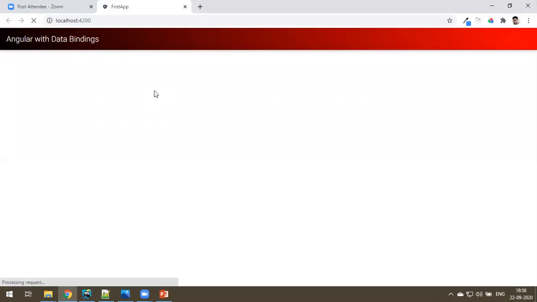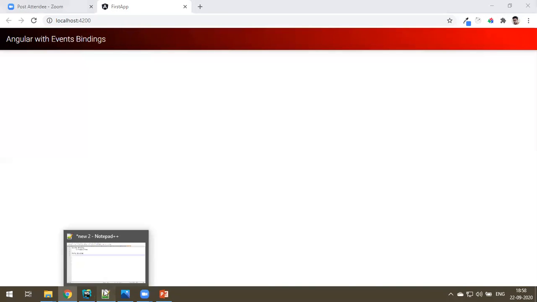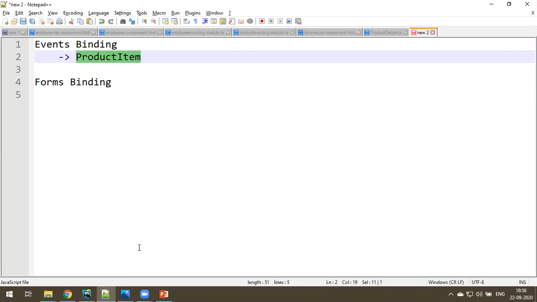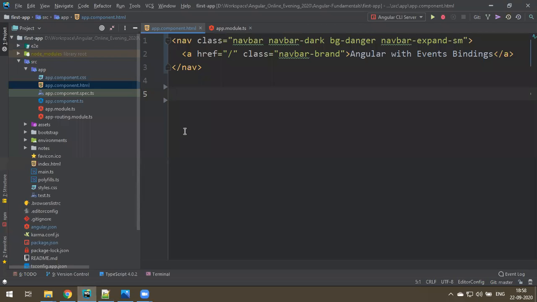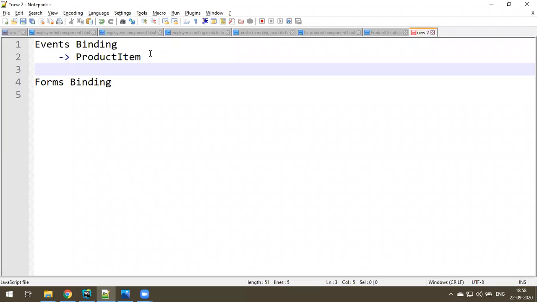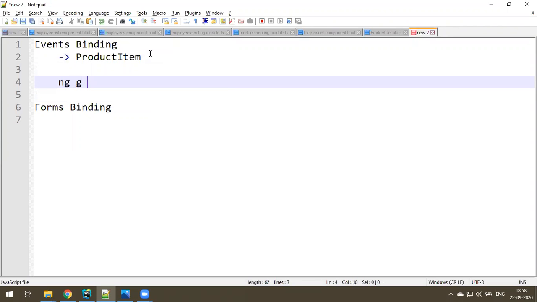Okay. So our concept is let's create a new fresh component called product item with an example of incrementing the quantity and all, right? Let's see. Let me create a component. How to create is ng g c and product-item.